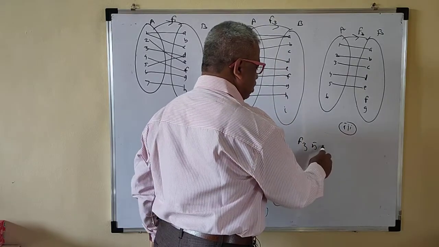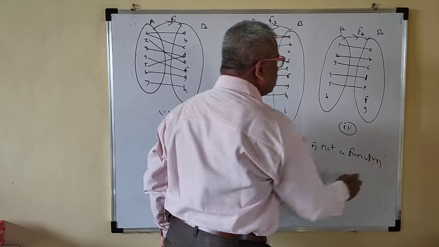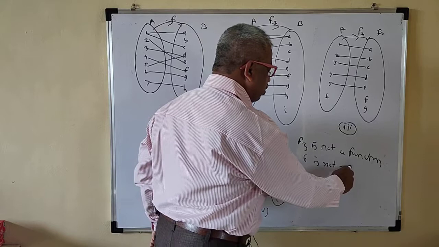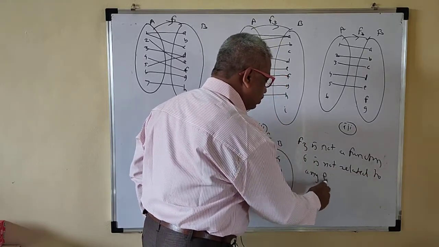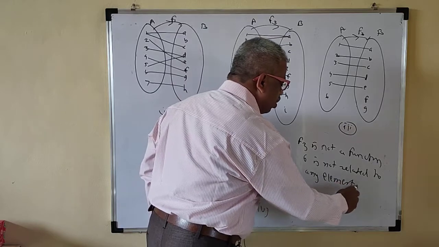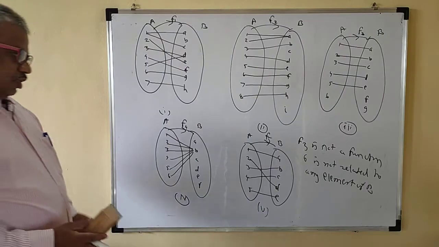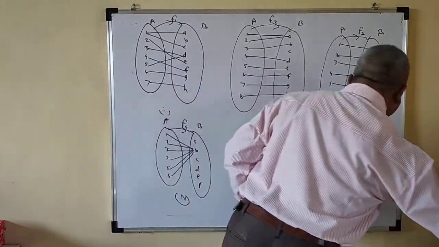F3 is not a function. Why is it not a function? Because 6 is not related to any element of B. So therefore this is not a function. Okay. So now we check what